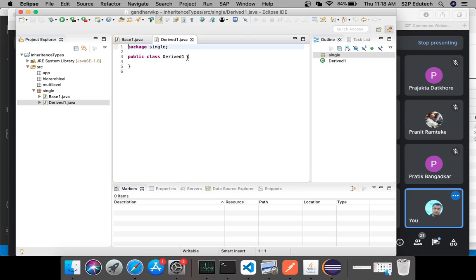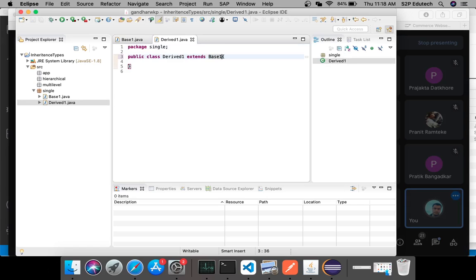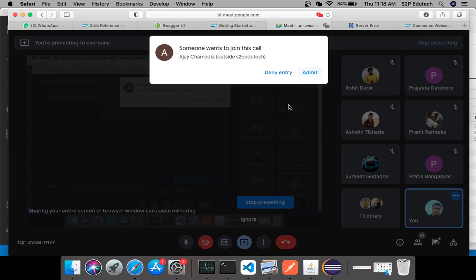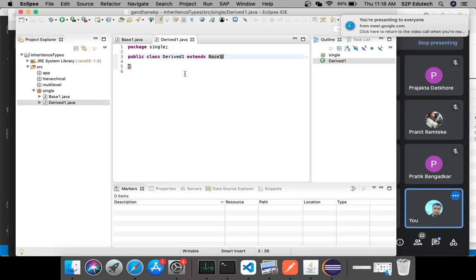And I'll say derived 1 extends base 1. So derived 1 class extends base 1 class.